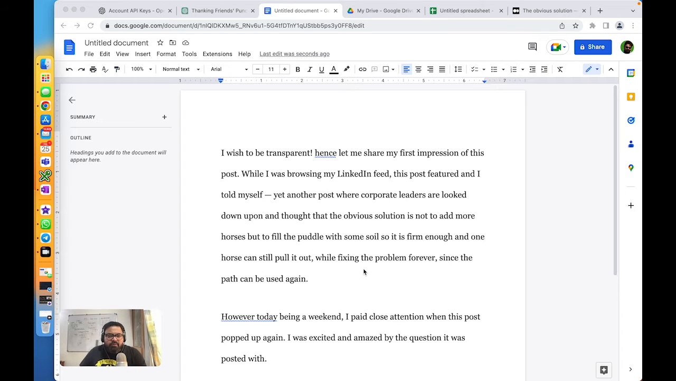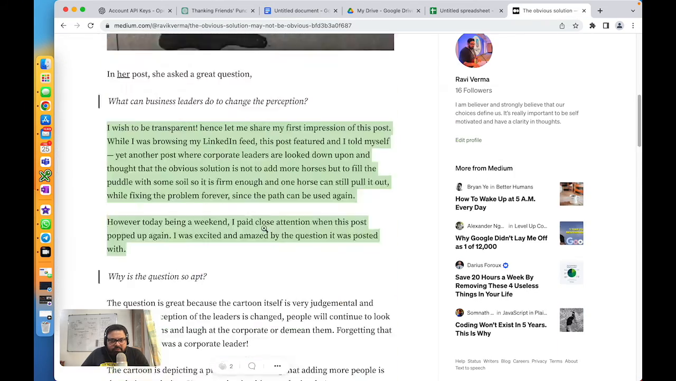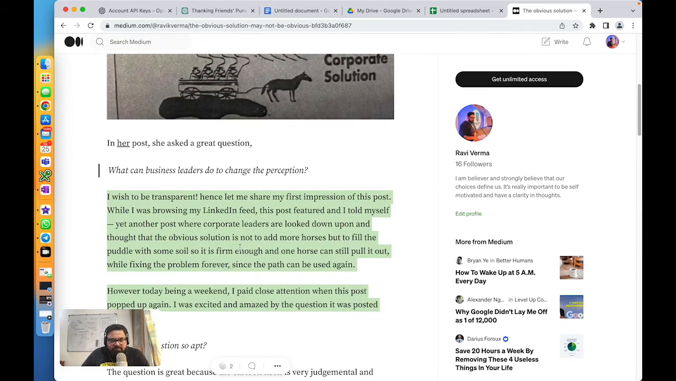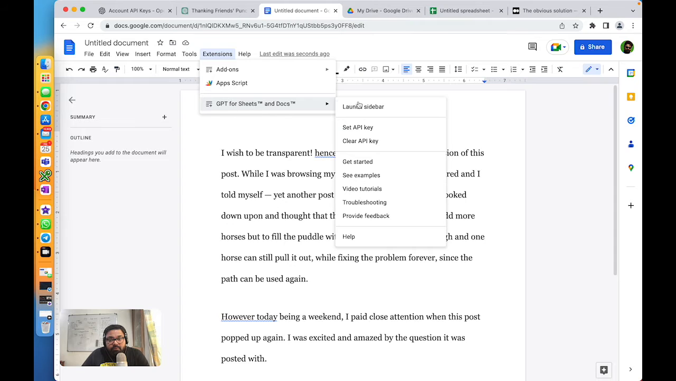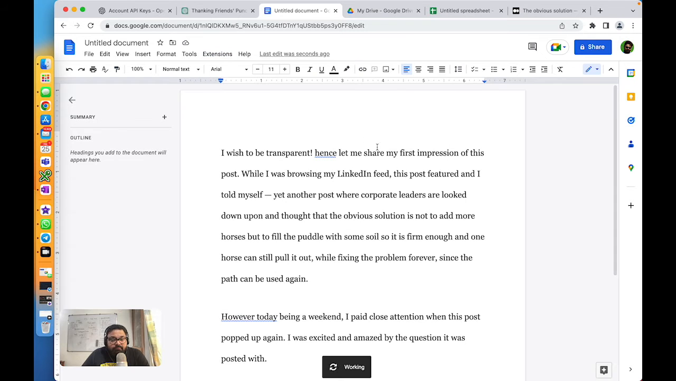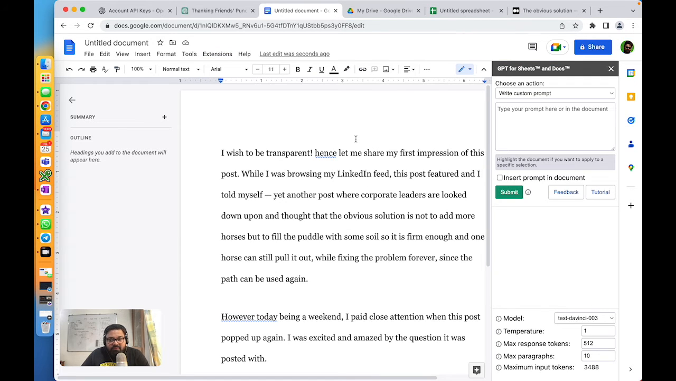All right, so I've got some data in the sheet. This is from one of my Medium posts. So I have this paragraph written over here. Now I just want to summarize it. So let's use ChatGPT. Go to sidebar. Since we have enabled the keys, set it up, I'm just gonna go ahead and summarize this couple of paragraphs